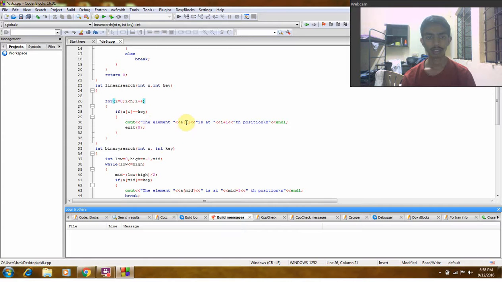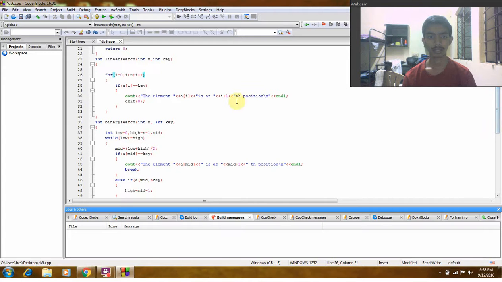The element a[i] is at position i+1, because the user should not get confused, because the position of an array starts with 0, but normally we start with 1. So the exit function is used to exit from the loop.